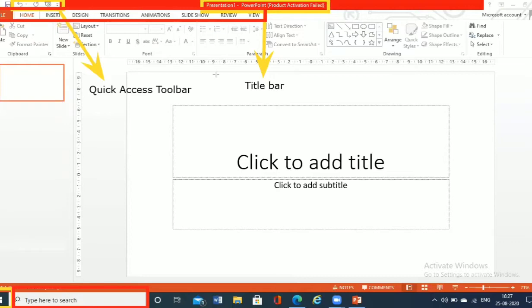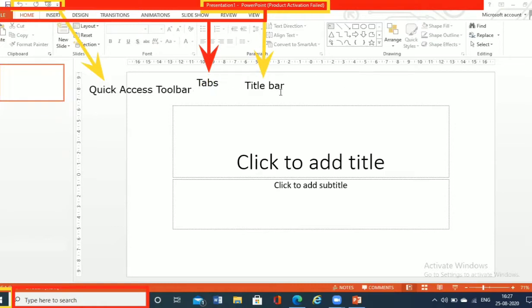Each tab has its own functions, and it consists of different groups under it. In these groups, you will get the different functions to perform on the text or on the slides of your choice. So basically, tabs are the ones which consist of groups.